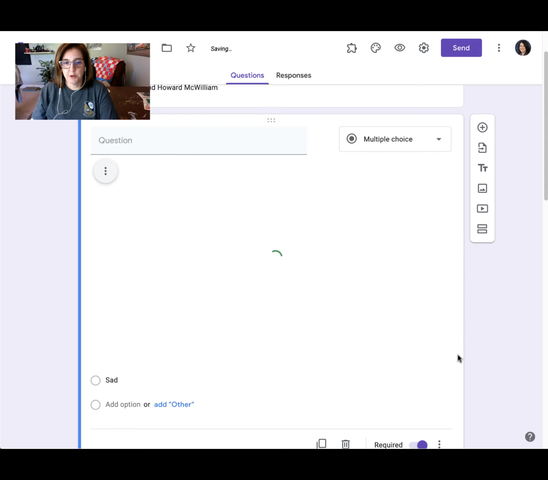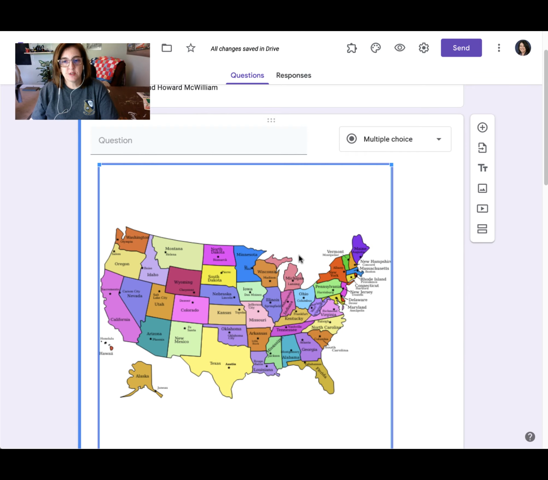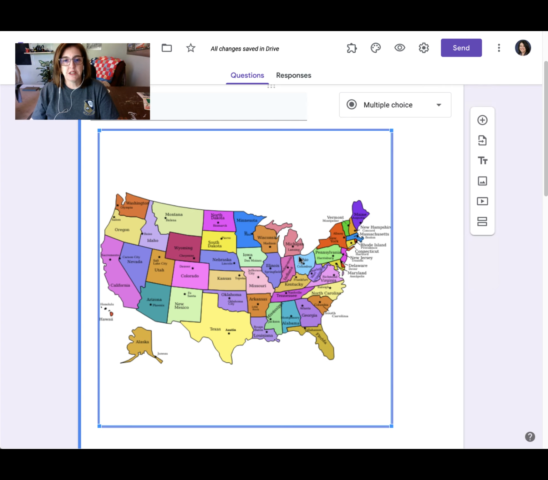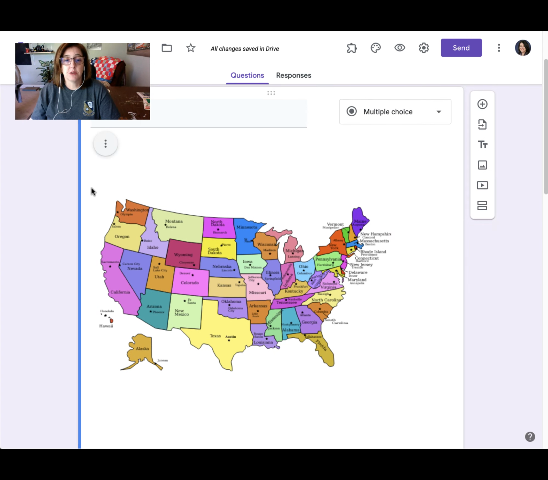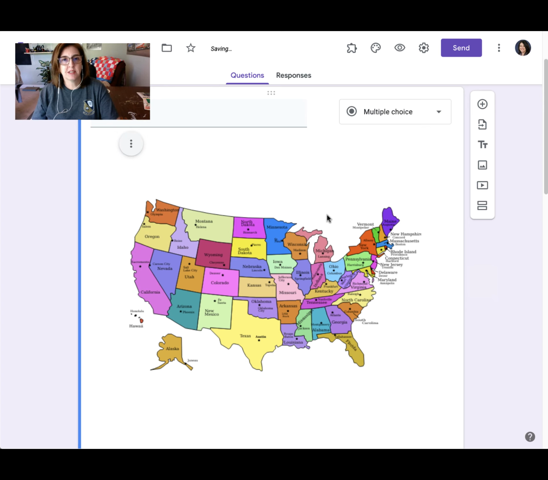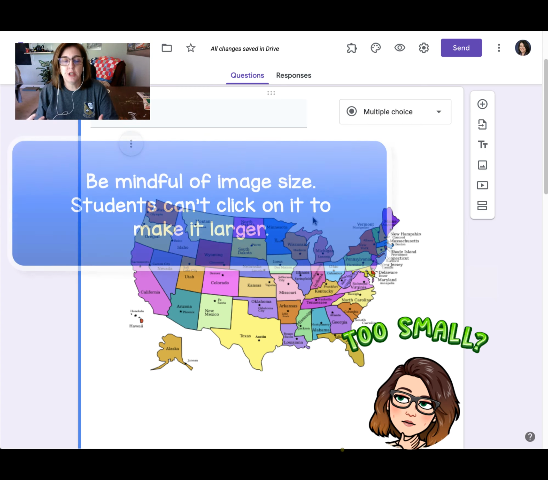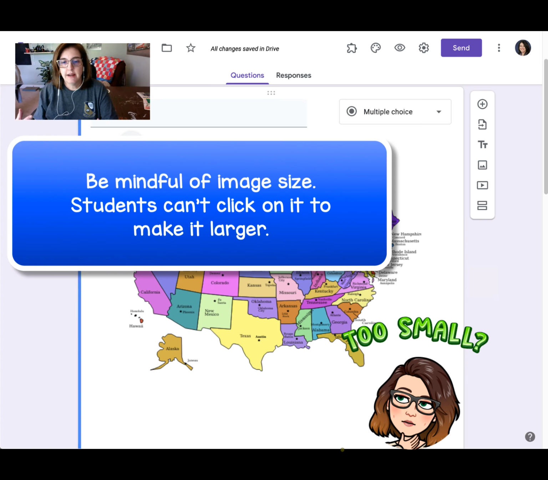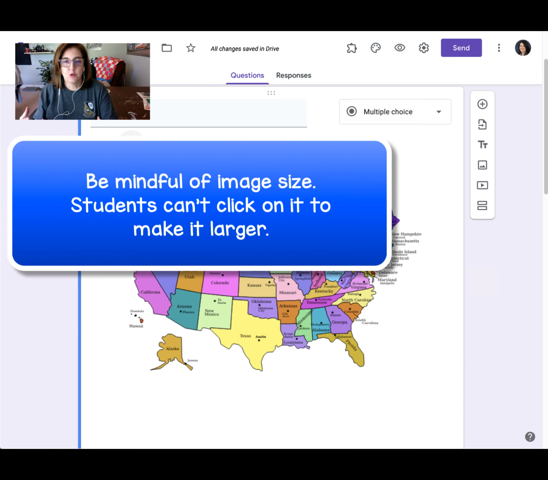and wait for that to load. Now this one you see is a little bit different in its size, so we can definitely change the orientation of this one and align it center, and you see that made quite a significant jump. But as you'll notice, this one's a little bit more difficult to read than the prior one that we had in there. So as I said before, the larger the image that you can fit inside of the actual question,